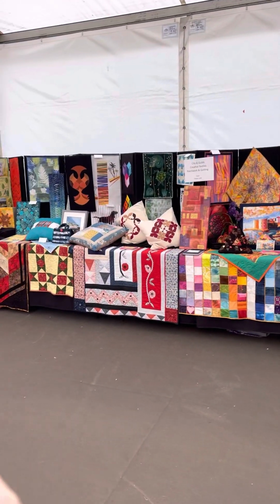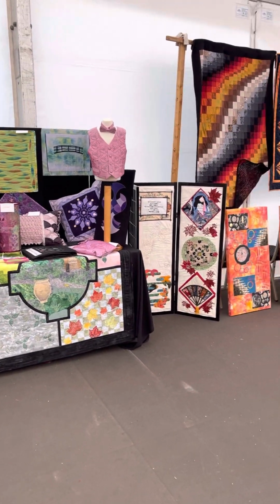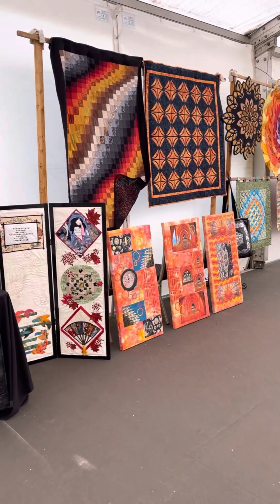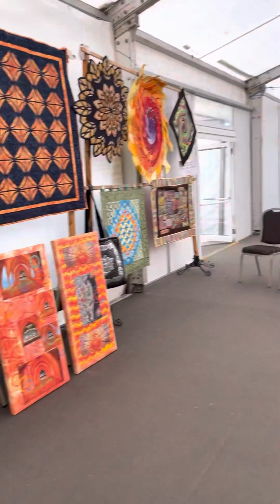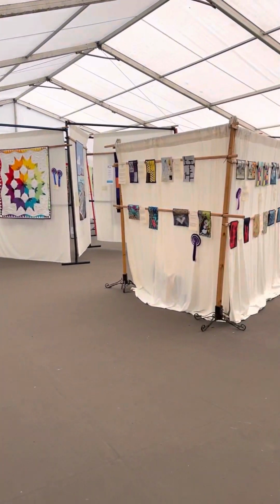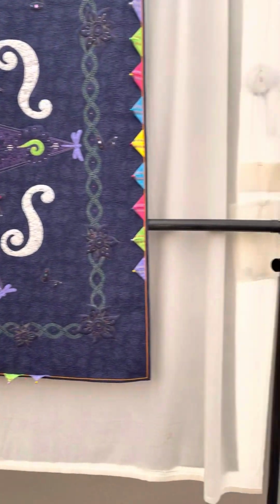This stand here is all city and guild work, ladies that have been doing it. It's just a display of their work, which is quite nice. I would hope that they'll all be entering next year. You can see the whole marquee is full of quilts. Oh, I will just show you the